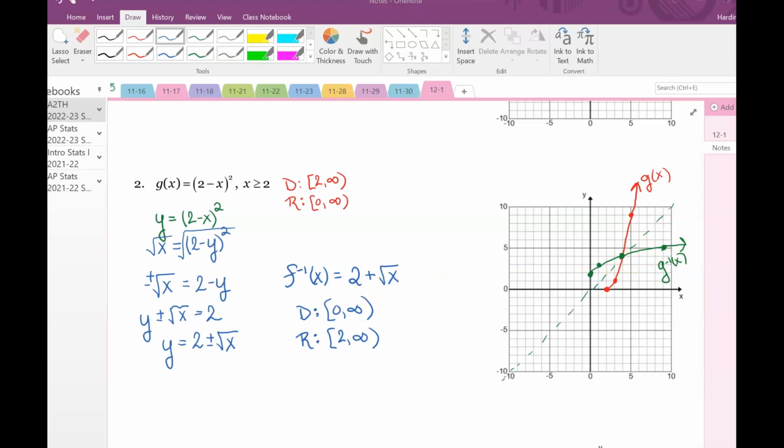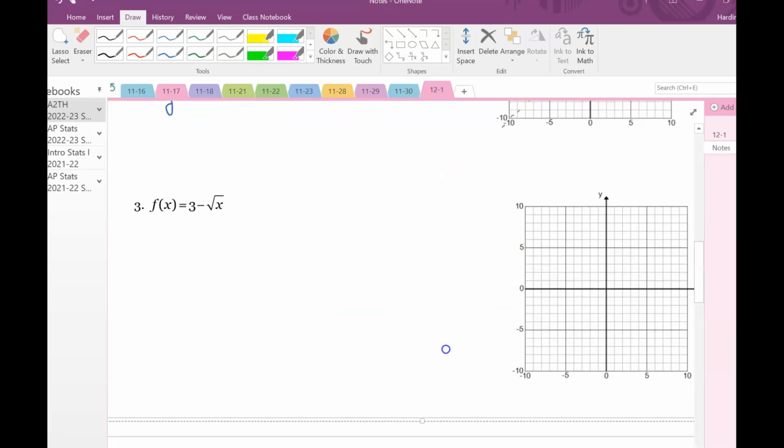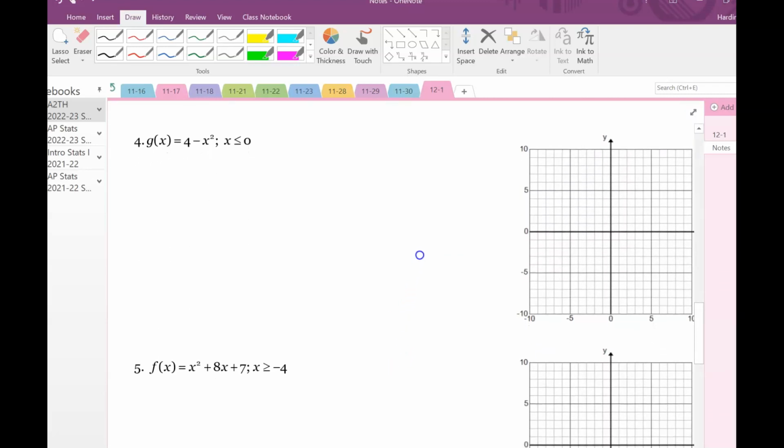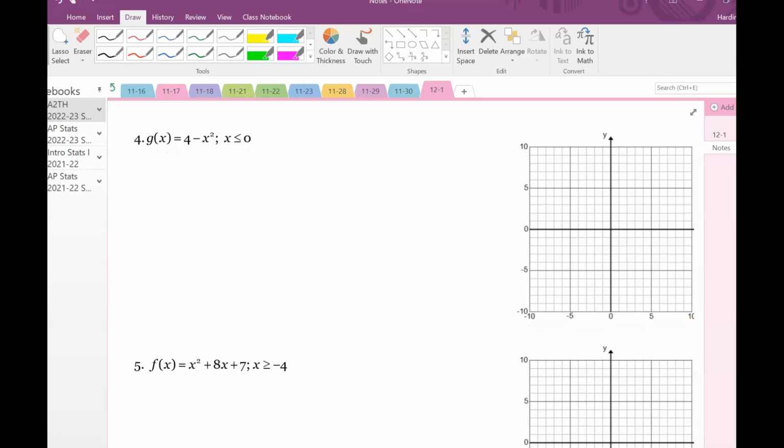All right, so like I said, we're going to jump around a little bit. So after number 2, I actually want you to go to the next page, and let's give number 4 a try. All right, looking at number